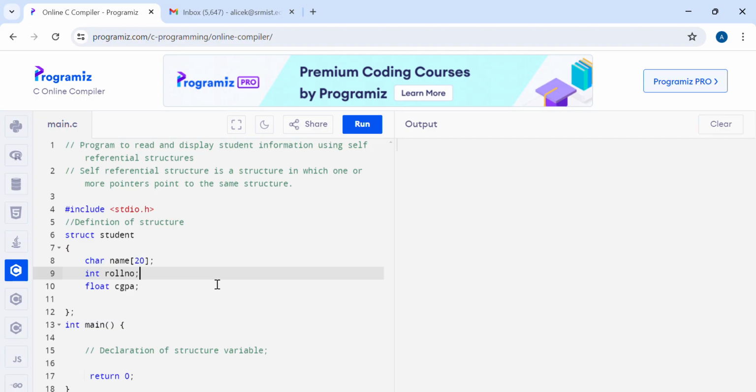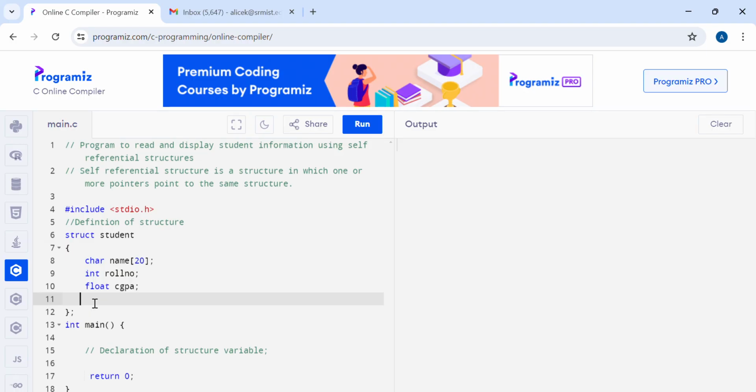Our student structure has three members: name, roll number and CGPA. And we are going to use a self-referential structure here. In self-referential structure, one of the structure members can be that structure itself. So, struct student,